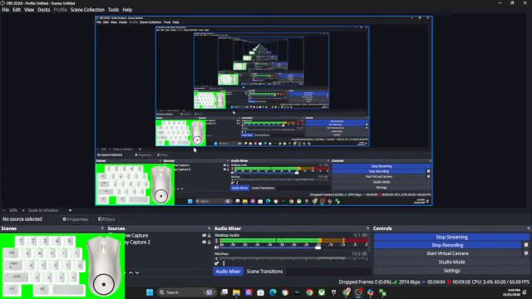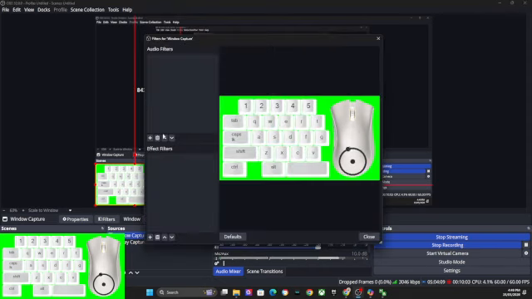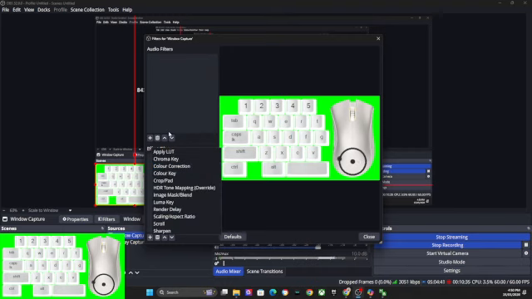Absolutely. So here's the next step. Just right click on that window capture source you just added, and then go ahead and click on filters. Exactly, you've got that. So once you're in the filters menu, you'll see two sections, audio filters and effect filters. Don't worry about the audio side, you're going to want to click the plus button under effect filters. And from there, you're just a step away from